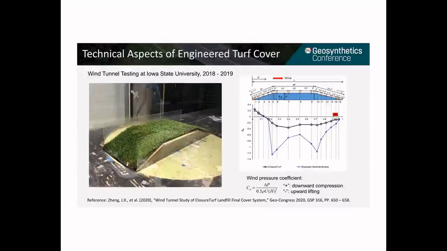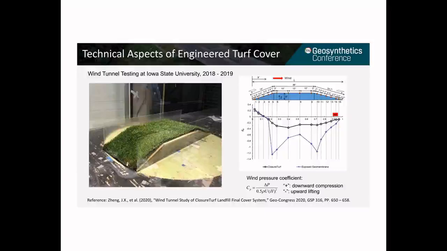The figure shows the test results for both the engineered turf cover, labeled as closure turf, and an exposed geomembrane without turf. Two things to point out. First, the test results of the exposed geomembrane show clearly two peaks of suction near the two crests, which is consistent with field observations for exposed geomembrane.